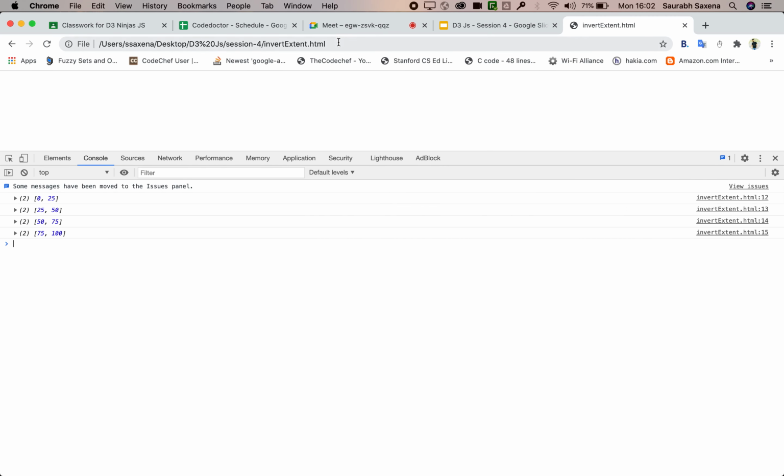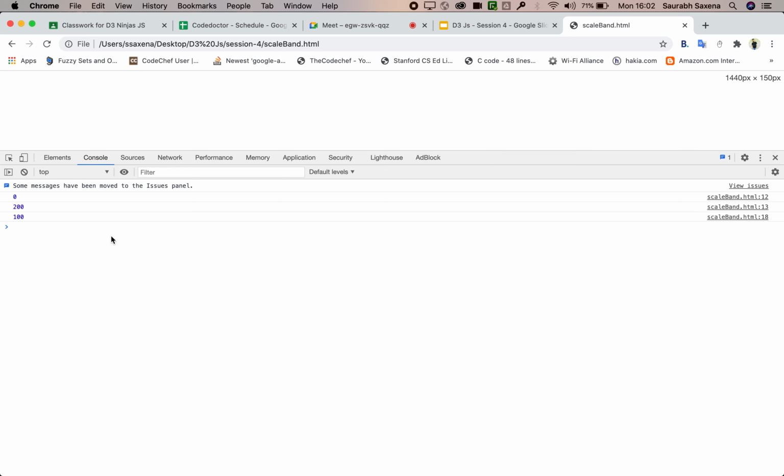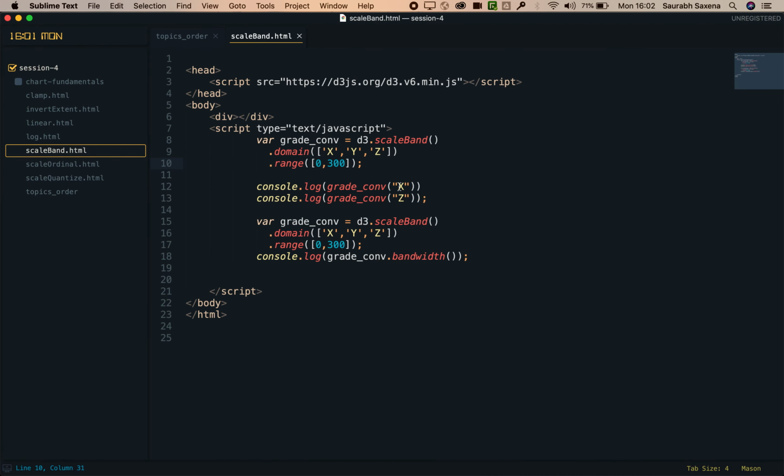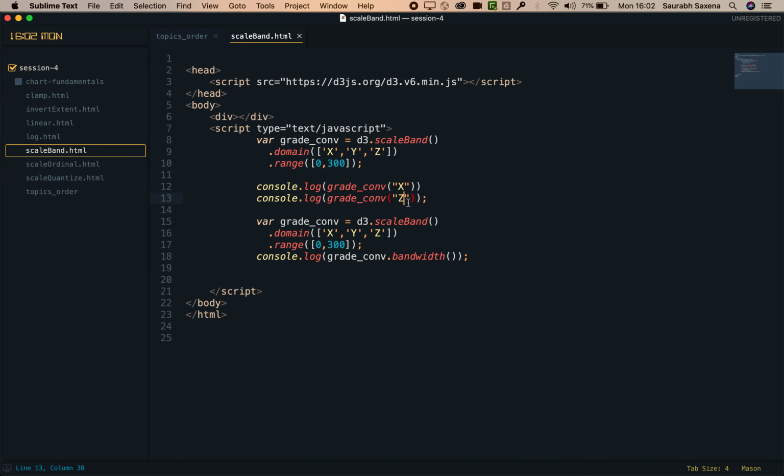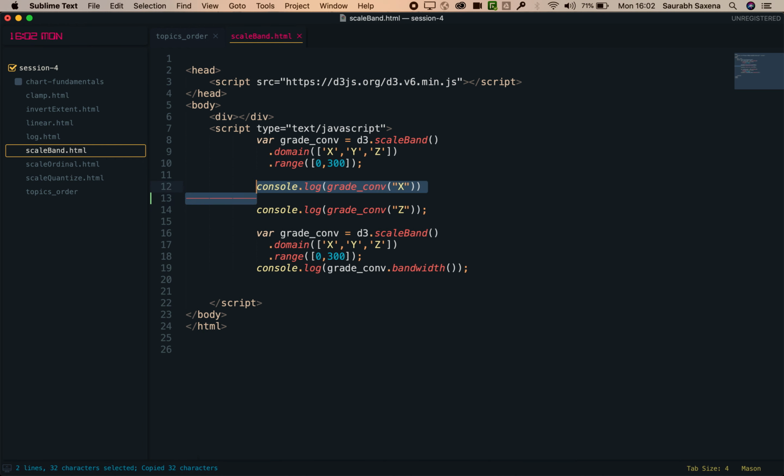Okay, fine. Let's see. So you can see the value for x is 0 and the value for z is 200, right? So what it does is map, instead of mapping a range, it maps a specific value. So if you see here, x, let me print y as well,